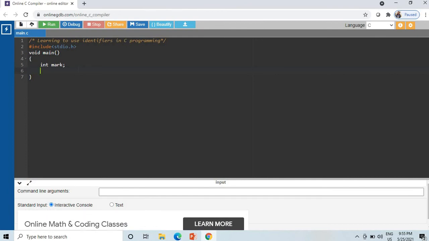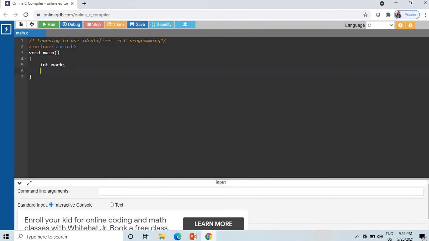So, variable or identifier: the place where we are going to store our data, we call it a variable. Here I am going to store mark, so I have declared it as mark.